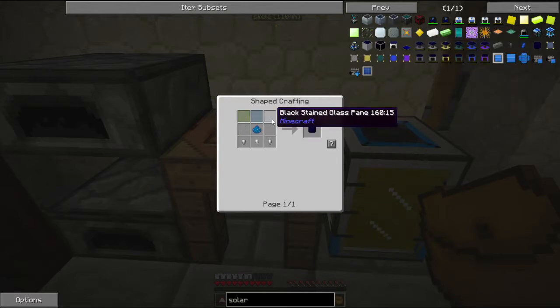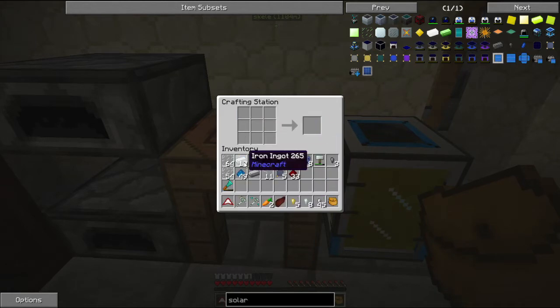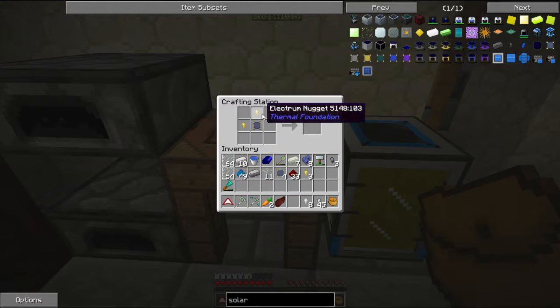So the recipe for that is a bunch of glass panes with some electrotine and iron nuggets. So how many iron nuggets do we have down here? We got steel, invar, and electrum. That's all good. We actually could go ahead and do this. No? Let's go ahead and do...